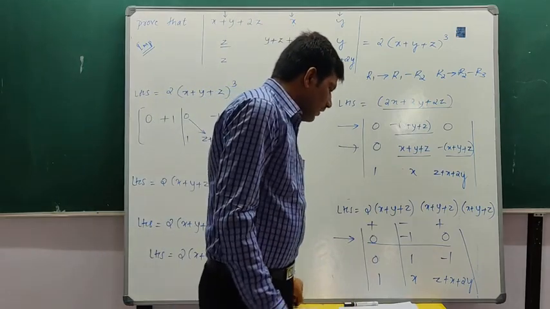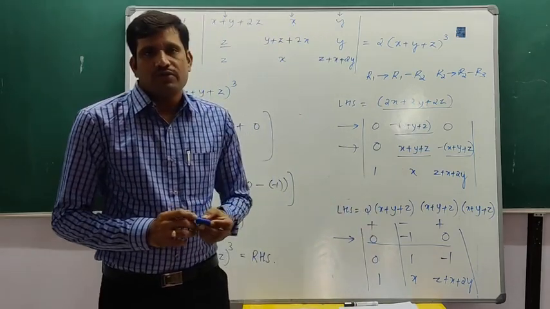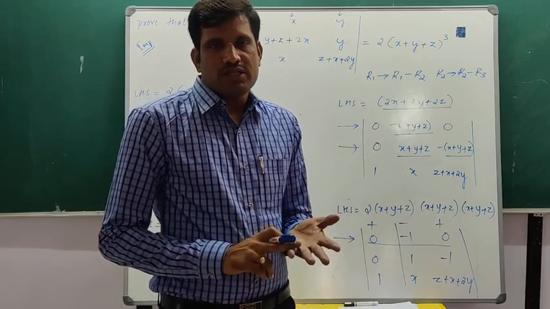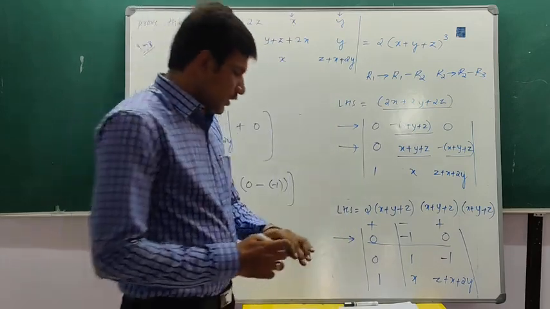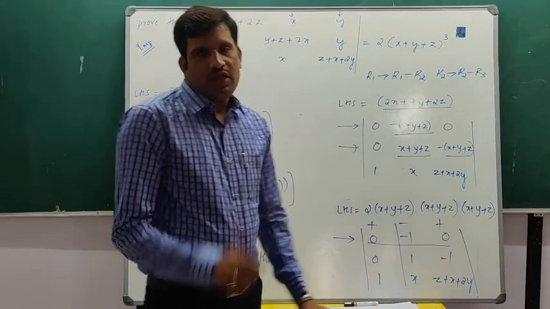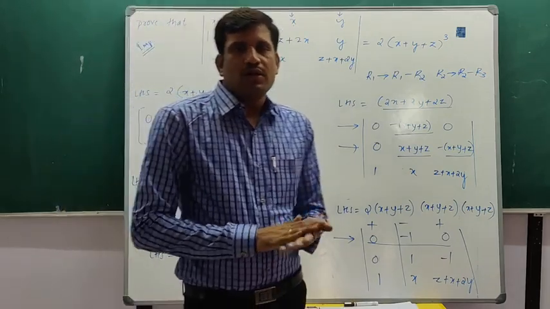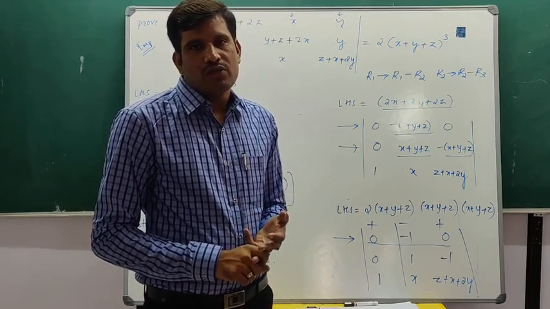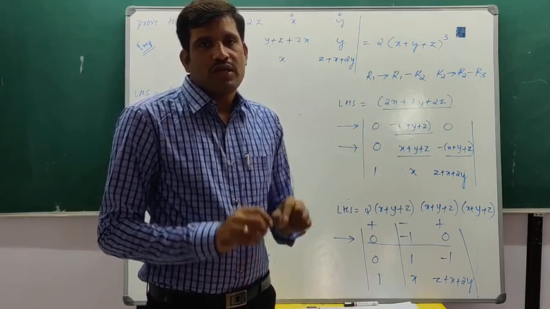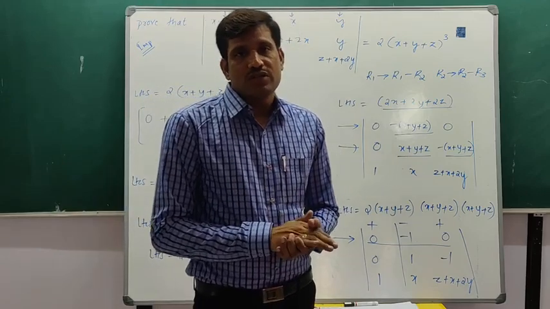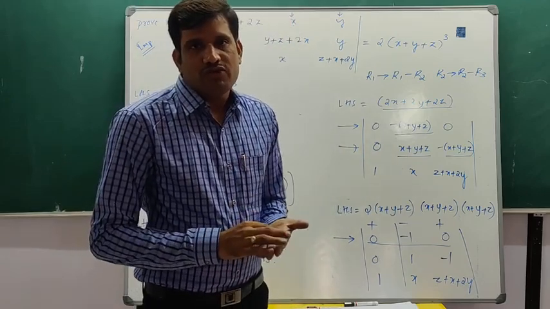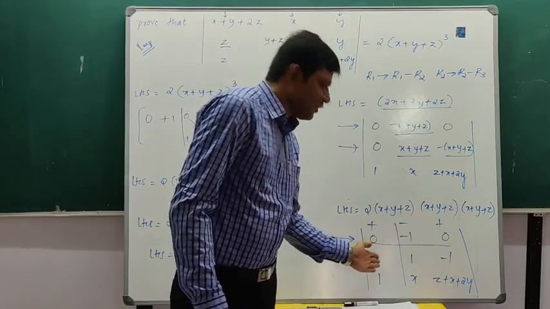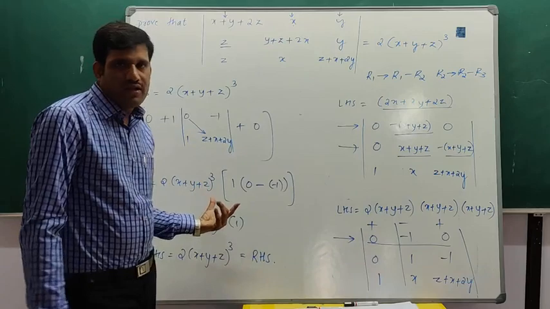So now we can see that in any problem, first you observe that if all the elements in any row are equal to 1, then we are doing the operation C1 changes to C1 minus C2, C2 changes to C2 minus C3. If all the elements in a column are equal to 1, then we are doing the operation R1 changes to R1 minus R2, R2 changes to R2 minus R3. Why are we doing this operation? In order to get the maximum number of zeros in a determinant. When we get the maximum number of zeros, then expansion will become very easy. We can see that here there are 2 zeros, we have 3 zeros. The expansion process will become very easy, right?